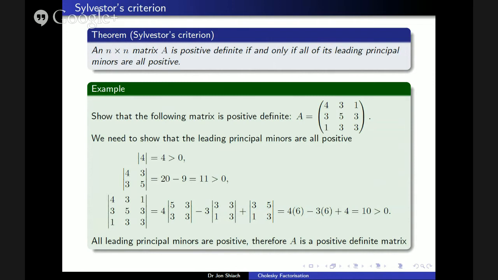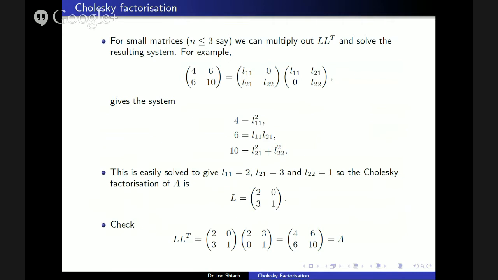Okay, so the first thing we have to consider when looking at Cholesky factorization is: is our matrix positive definite? If it isn't, we can't continue. We'd have to use LU. If it is, we can then use Cholesky. For small matrices, let's say less than 3 rows and 3 columns, Cholesky factorization is quite simple. All we do is multiply L by L transpose, equate it to our matrix A, say,